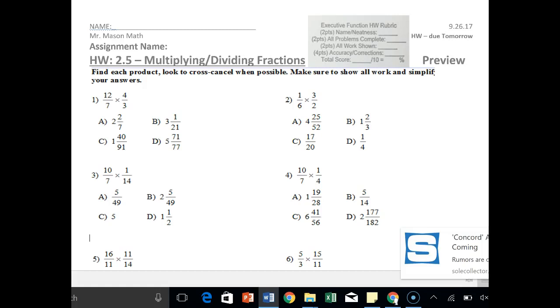This is a preview homework because it's the first time we're doing it together. Let's read the instructions. It says, find each product, look to cross-cancel when possible, make sure to show all work,